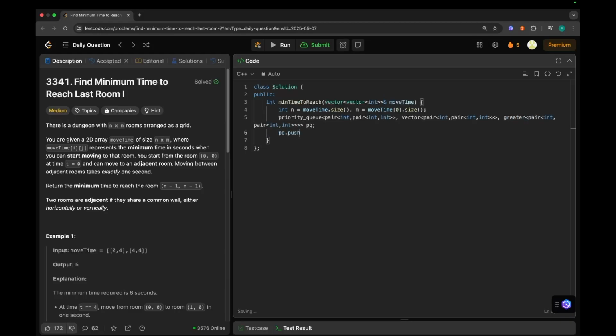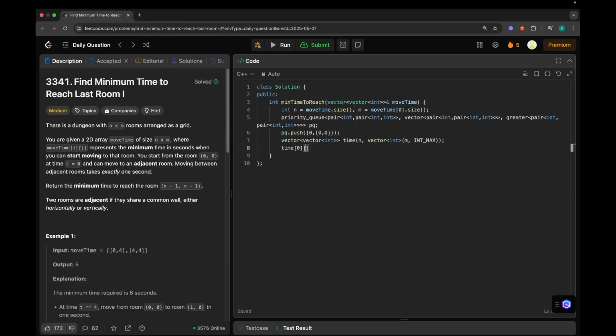Now we will push this source node in the queue, 0 comma 0 with time t equal to 0, and then we will also initialize our final result vector, which I will call time, a vector of size n cross m, initialized with int max. Cool. Now 0 comma 0 will be initialized with 0, and now we will start iterating while the queue pq is not empty,